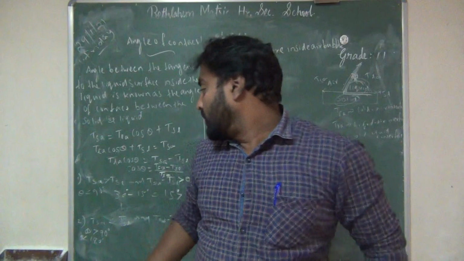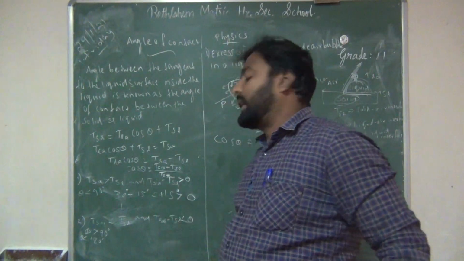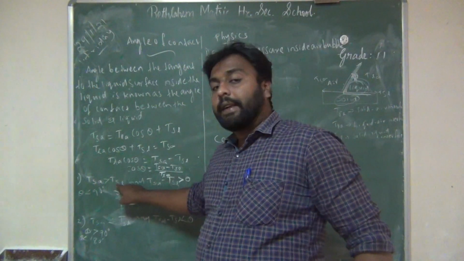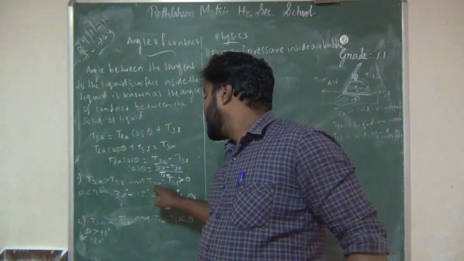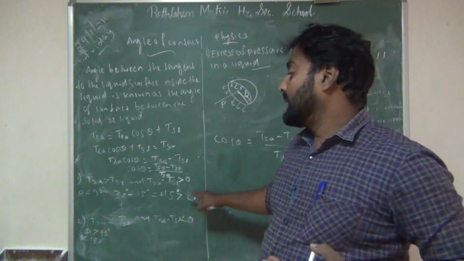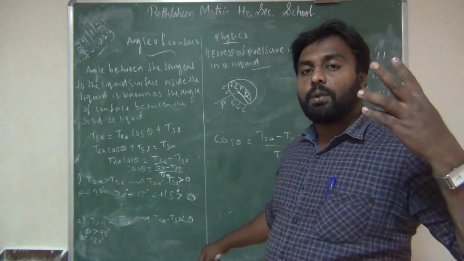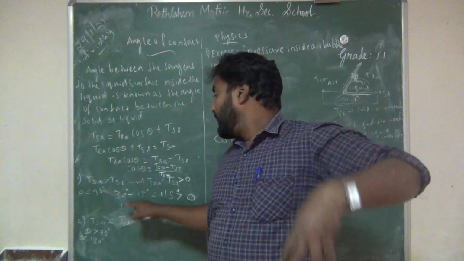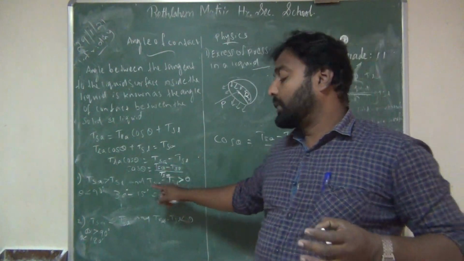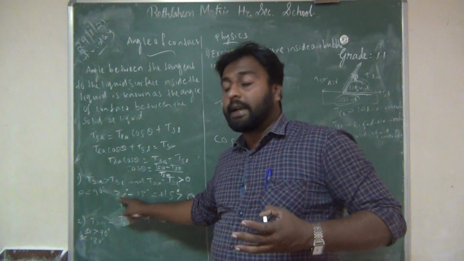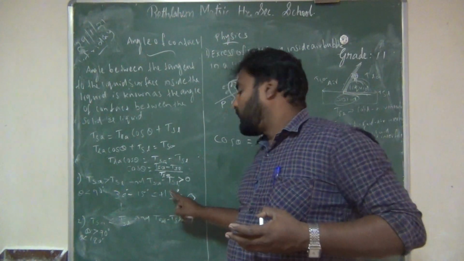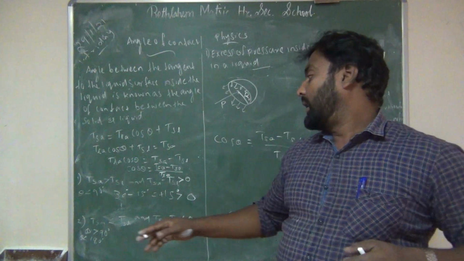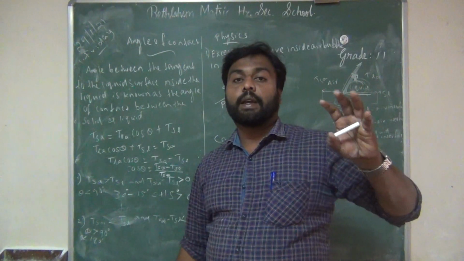Cos theta is positive. So you see here positive 15. This is the first case: TSA is greater than TSL, and TSA minus TSL is greater than 0. So the angle between the solid-air interface we can keep as 30 degrees, and the angle between the solid-liquid interface we got is 15 degrees. If we substitute 30 minus 15 here, we will get positive 15, which is greater than 0, and that is how we can tell that cos theta is positive.